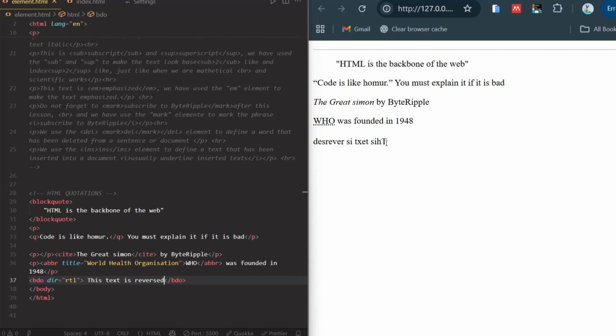Normally it should read this text is reversed, but instead of starting from right to left, the sentence on our web page is now reading the other way. It should start from here, but because we use this RTL,